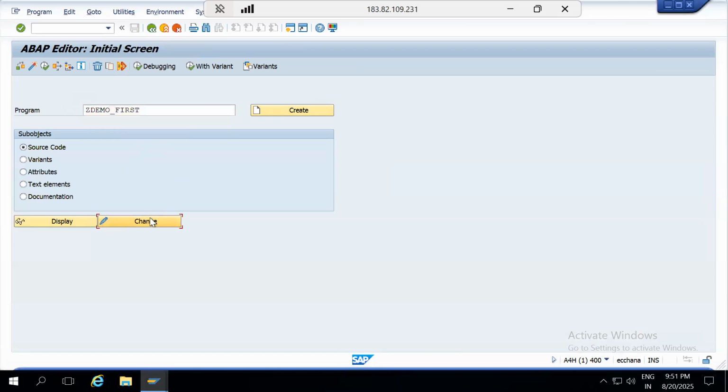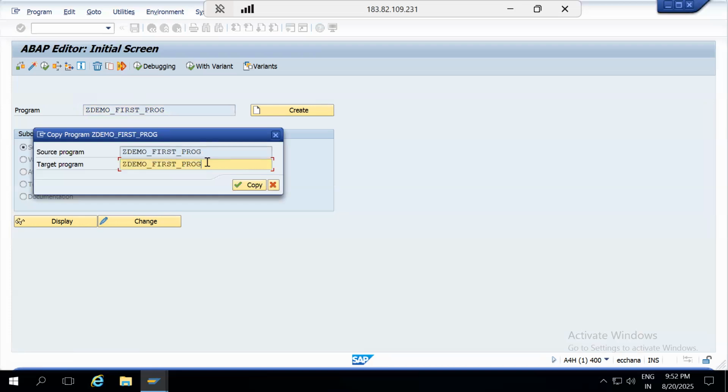If I go to the change mode, our program does not yet exist. It's saying does not exist. Okay, like this. And when you want to take a copy of your program, copy means as a duplicate, and you want to make some changes along with the existing code which you wrote, at that time you have to click on this copy button. Click on the copy